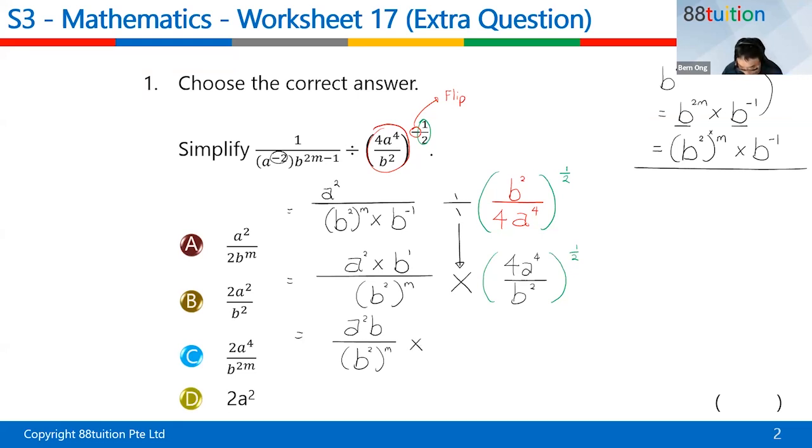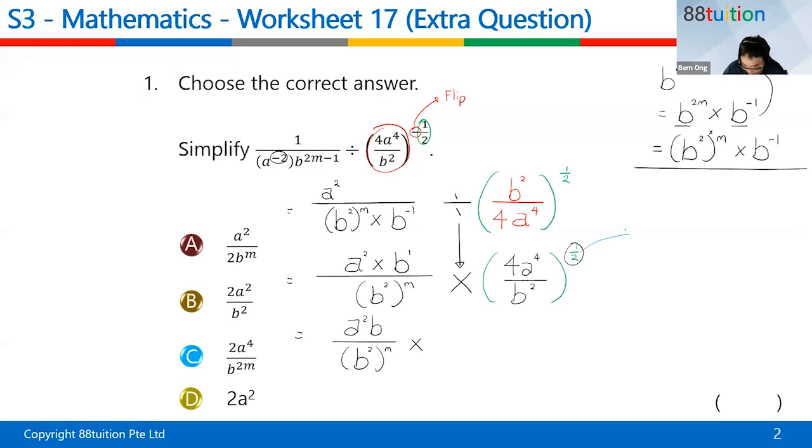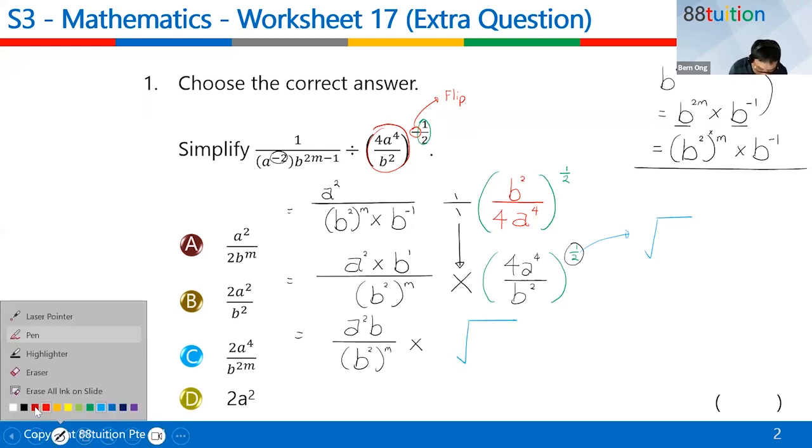All right, anything to the power of half. Half means what? Half actually means square root. Must know that. So you're basically taking the square root of 4a^4